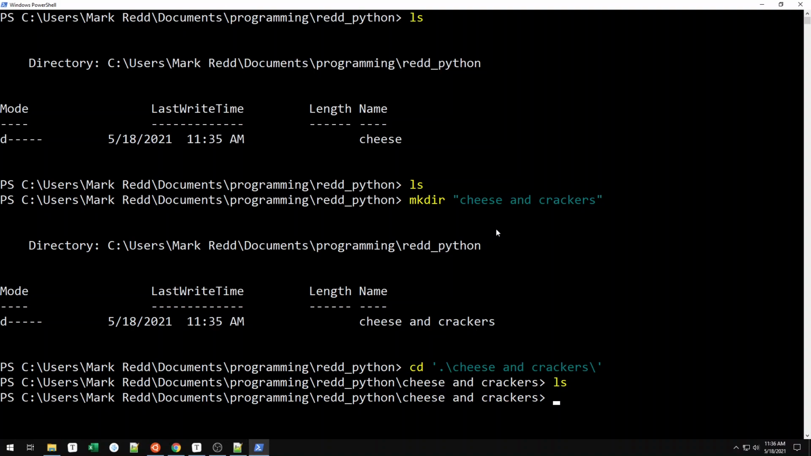So now we'll notice that there's not anything in cheese and crackers. Let's go ahead and put a file in here. Now, to make a file, in Windows, we're going to say new item. New item is just how we make a new file. And we're going to make a Python file called